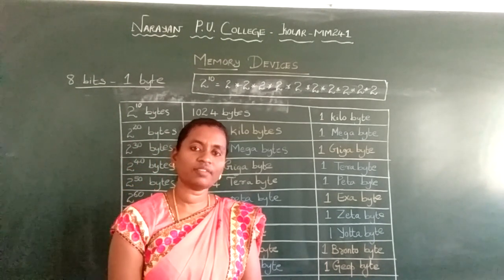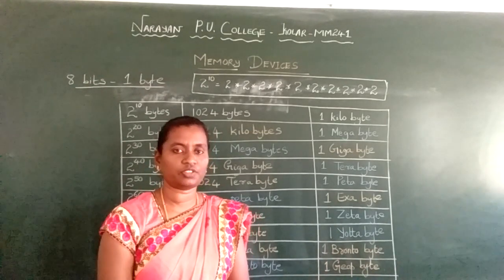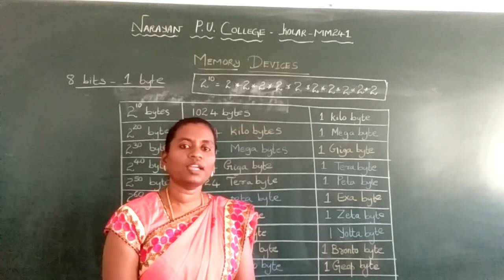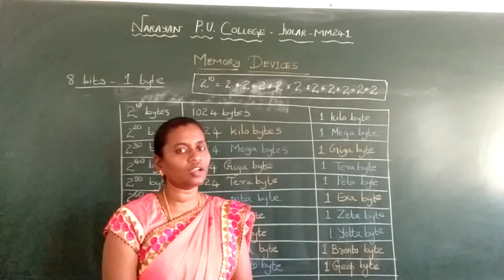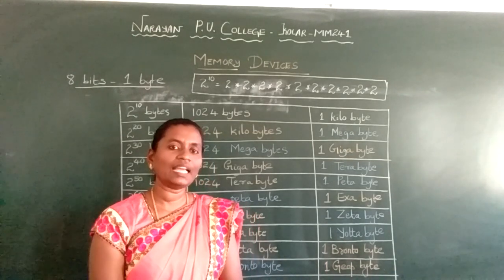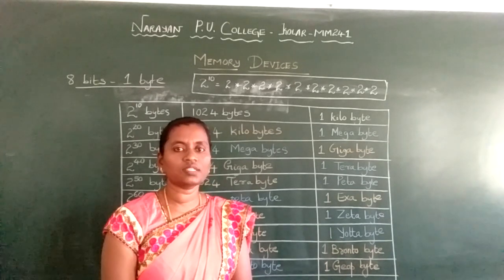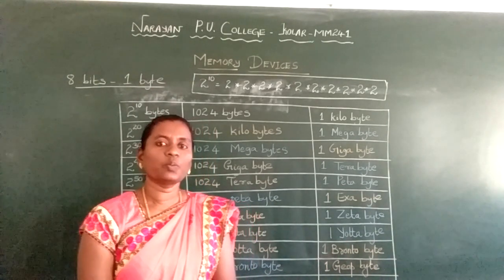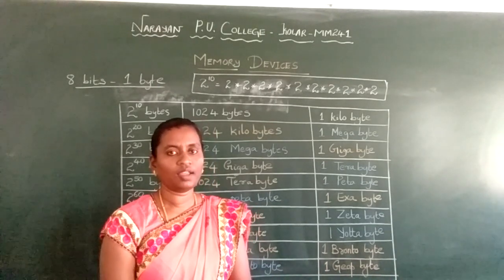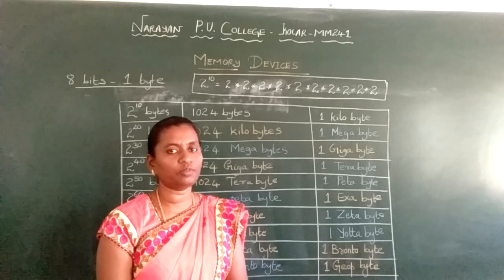Before getting into memory devices, I'll briefly recap what we discussed in the previous sessions. In the first session, we discussed input. What is input? Input is nothing but feeding data to a computer with the help of an input device. Feeding data into a computer can be done with different kinds of input devices: keyboard, mouse, joystick, OCR, MICR and OMR. We have seen the applications as well as the working of all the input devices.